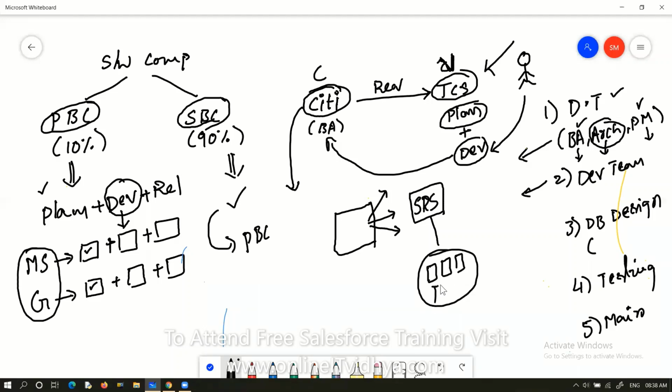And the development team is not going to take their own decisions. They are just following the SRS document. Like what programs, what UI screens, everything is given to the development team. And the database designing team is going to